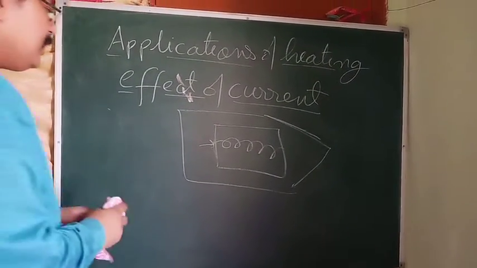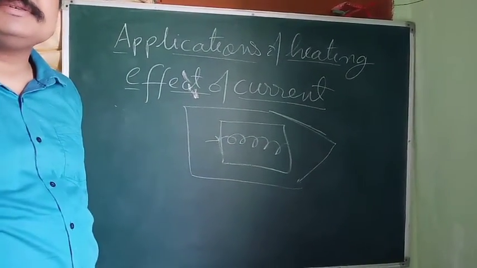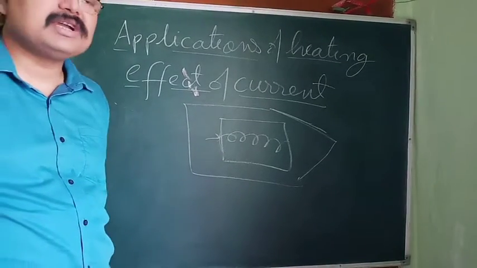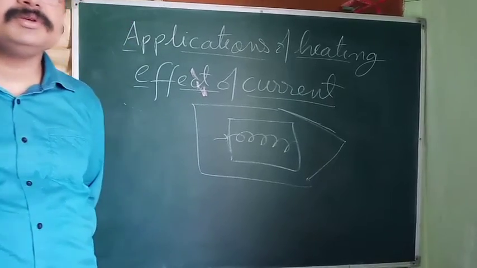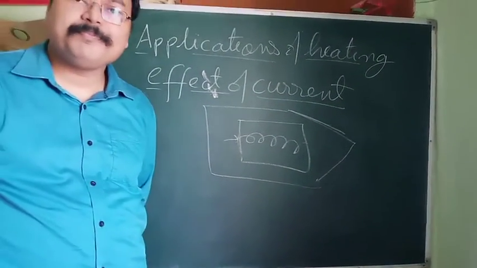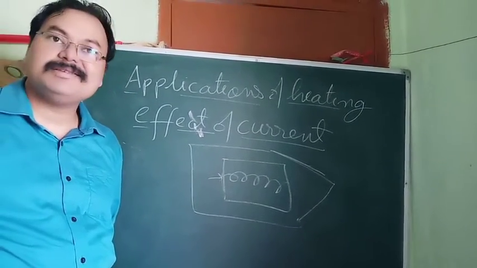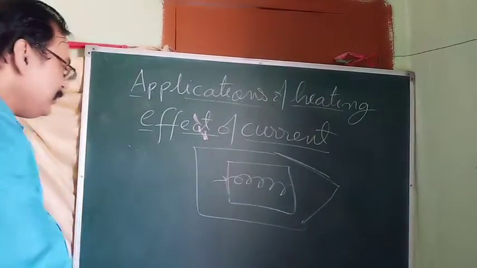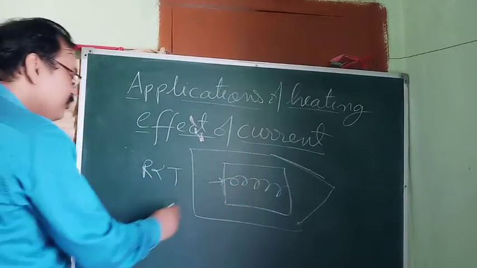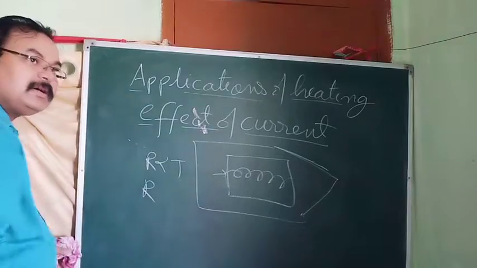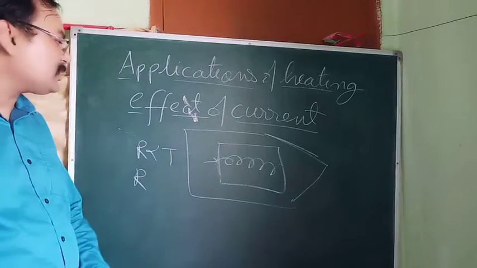Second, this resistance wire is actually made of alloys. You know what an alloy is, you might have studied in chemistry. We combine certain metals, and maybe non-metals also, in certain ratio to get an alloy. Generally, we combine the metals. Now, why do we make the alloys? So that they have high resistance. And one more thing, as we know resistance increases with temperature, these alloys' resistance remains unaffected with the temperature up to a few hundreds of degrees Celsius. And that's why we use this.